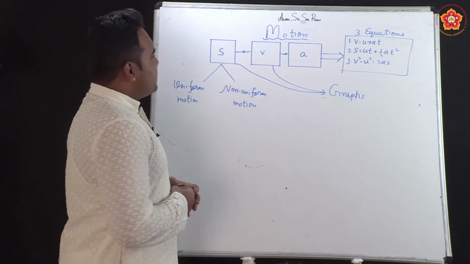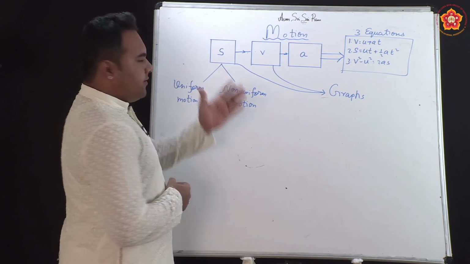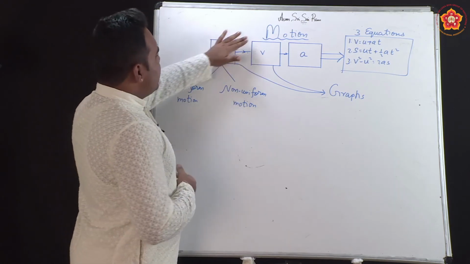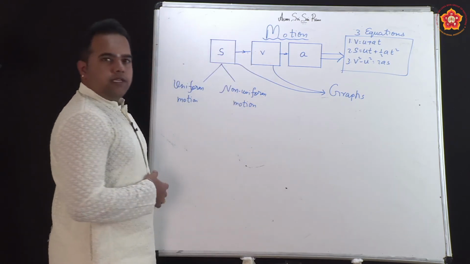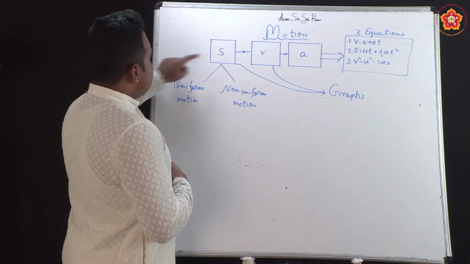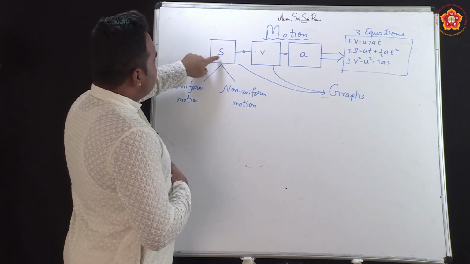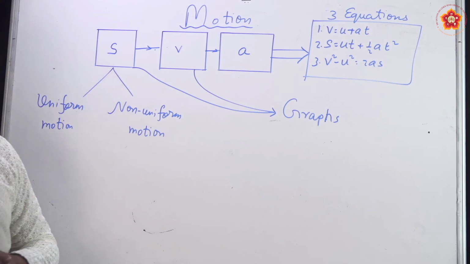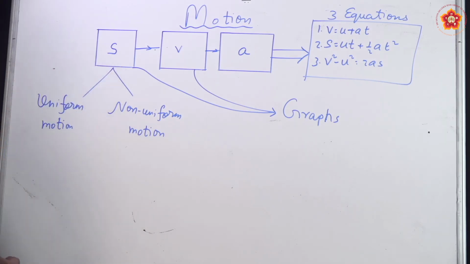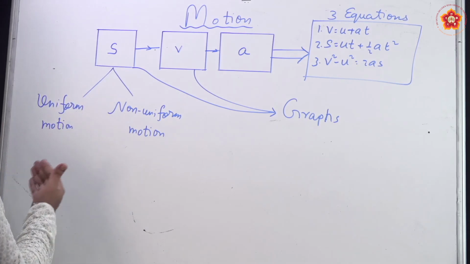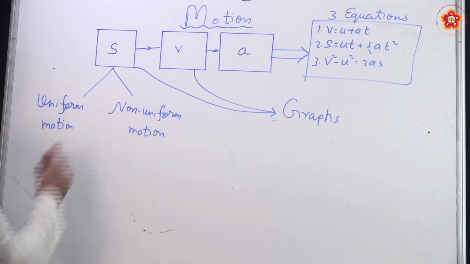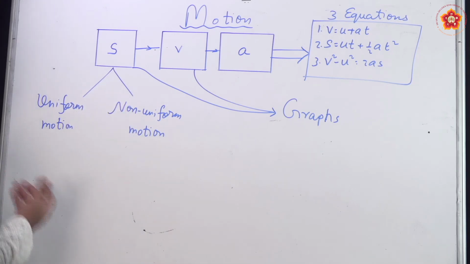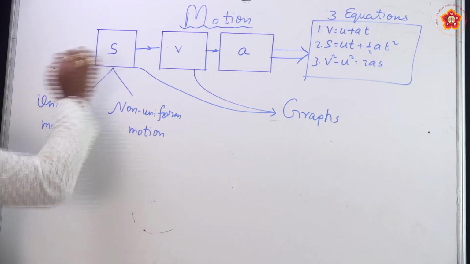So in this particular chapter, these are the things that we have discussed. We started with describing what is a rectilinear motion, and then we started our discussion by introducing the concepts of distance and displacement. Now distance and displacement, the only difference is the direction. If we are talking distance with direction, we call it displacement. If we are only talking of the magnitude or the numerical value, we call it distance.